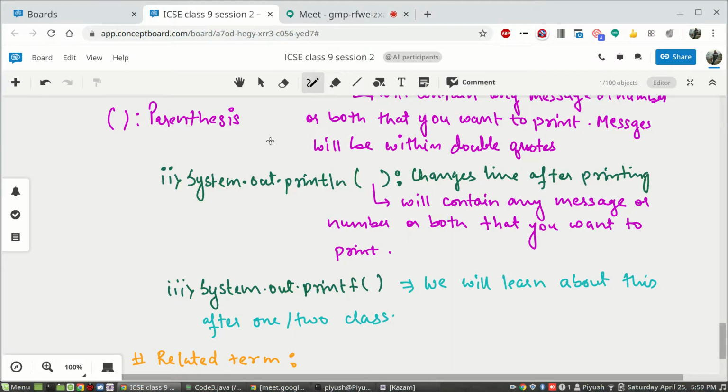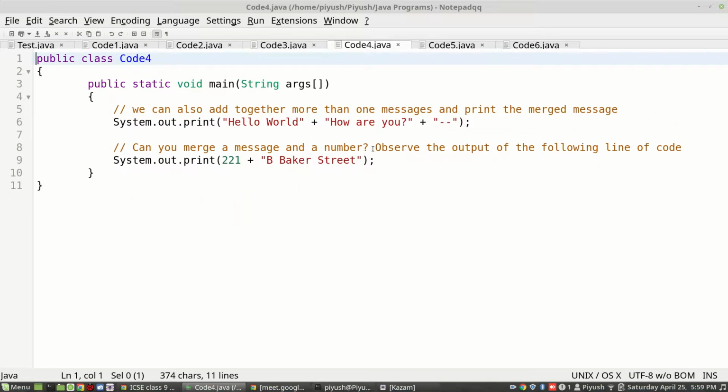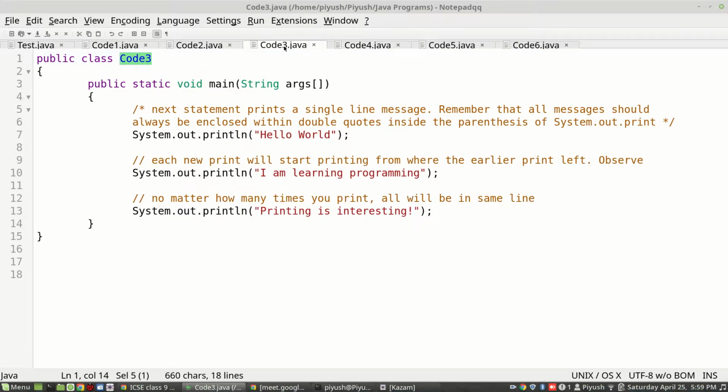Now we are going to see a few more things. Let us come to the next code that I have already written. This was code 3, the third program for the day. We'll see the fourth program. If you ask me which book we should refer to, rather than flipping across the pages and trying to figure out what they are writing, I'll explain all the topics.